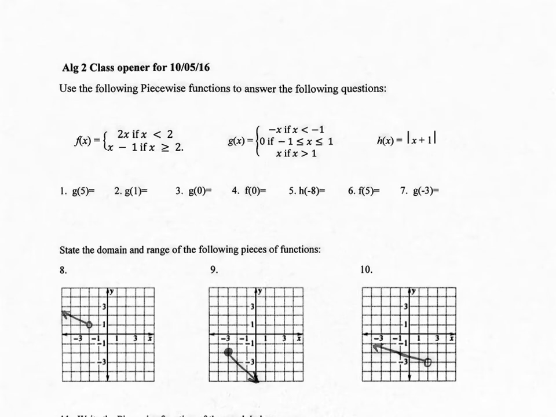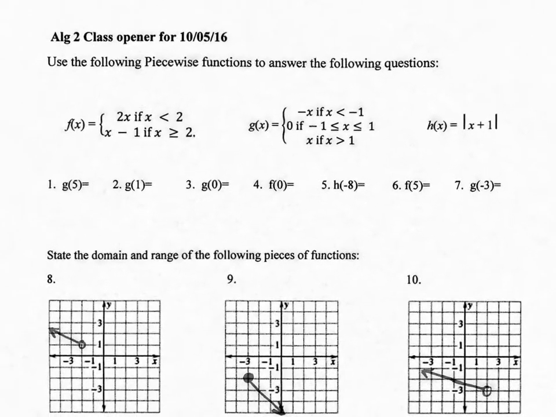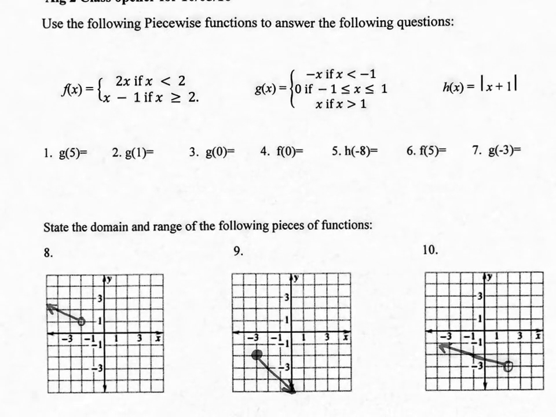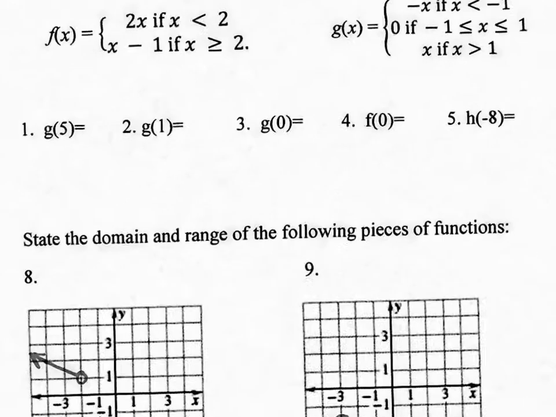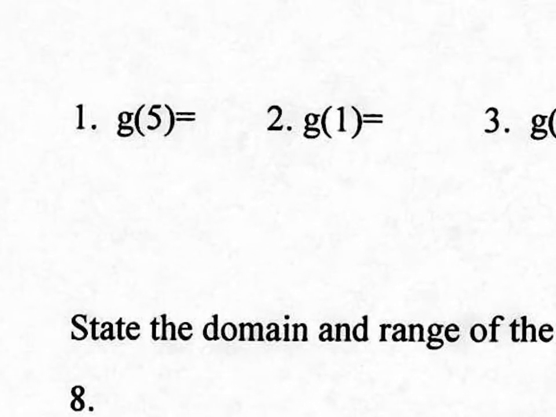Alright guys, so we're going to understand this class opener. We have three functions given to us, f of x, g of x, h of x. And down here, they're telling us to plug in 5 into the g of x function. In other words, you're going to plug in 5, and where do we plug in 5? What are the inputs? The x values, correct? So we're going to take that 5 and put it into the x values of the g of x piecewise